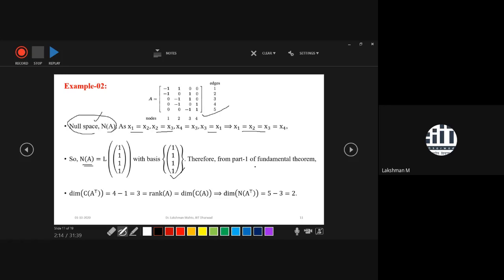From here you don't need to calculate other subspaces in order to explain part 1 of the fundamental space. If you have enough idea about the domain space, target space, and null space, then from there you can deduce the other dimensions as well. So first we will calculate the dimension of the row space of A. The dimension of row space of A is the dimension of the domain space minus the nullity, that means the null space of A. That means 4 minus 1 equals 3. 3 is coming as the dimension of the row space of A.